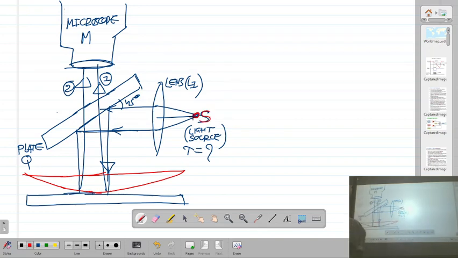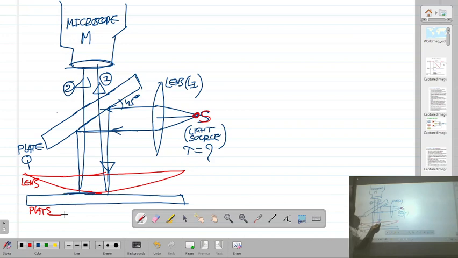So once again I repeat the experimental arrangement. When you come to the laboratory, you have to perform this experiment yourself, and you will find this instrument there. You will be given an unknown light source, which emits the rays in all directions. These light rays are rendered parallel by the lens. These parallel rays are incident on the glass plate, which is inclined at 45 degrees. These incident rays are reflected in the downward direction, and they will fall on the lens and plate system. This is the lens and plate.